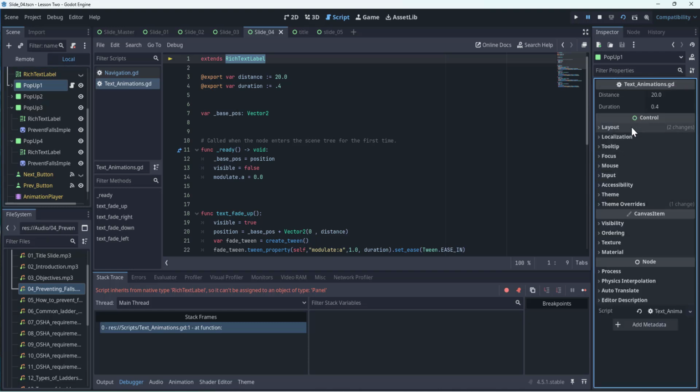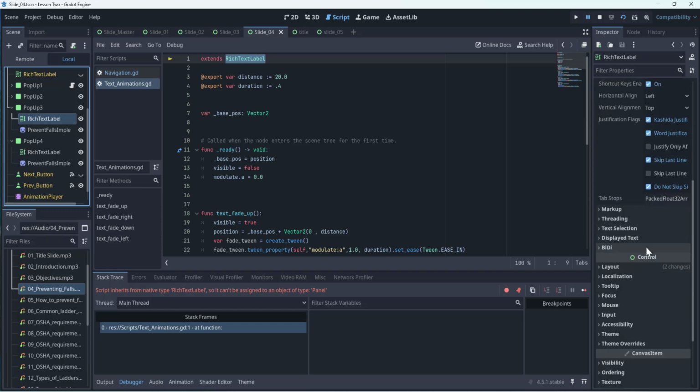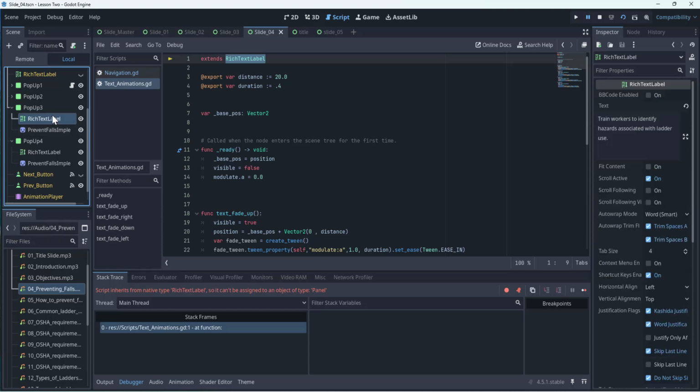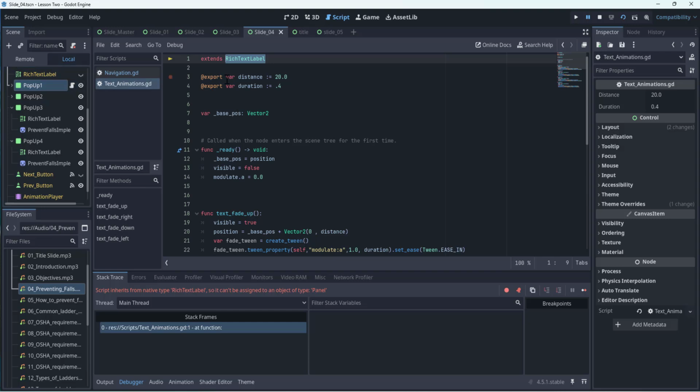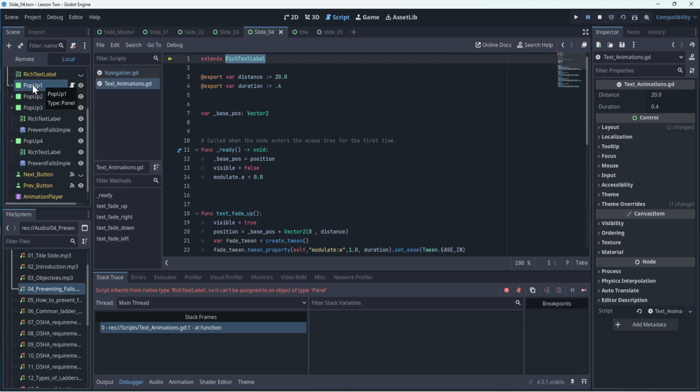So like the pop-up has controls and canvas items and nodes, and then the rich text label has rich text label and control also. So we can't use something we created for a rich text label for what would be a control node. What we can do is